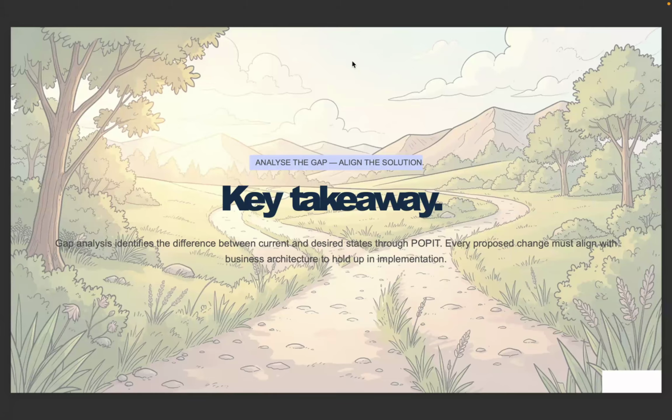And then after we look at the processes, we also check the information and the technology that are being used in the organization. We check if they are using the right systems, check if the technology used is the right one for that organization, check if some things that need to be automated are still being done manually and all. So it is a very important factor to check while performing a gap analysis.